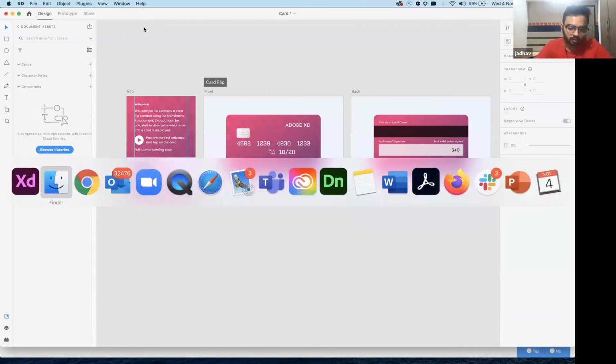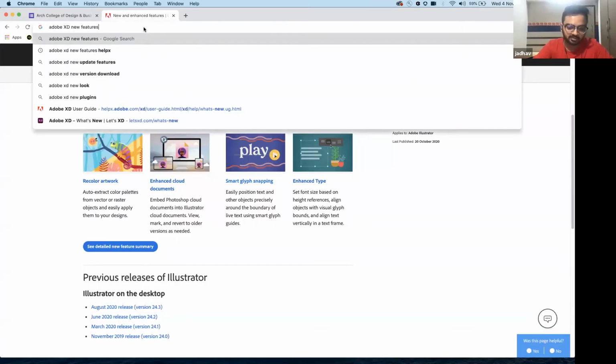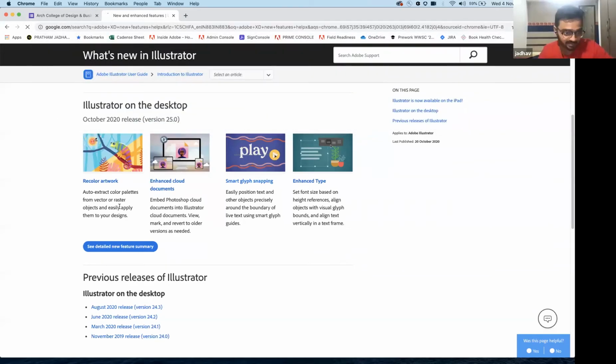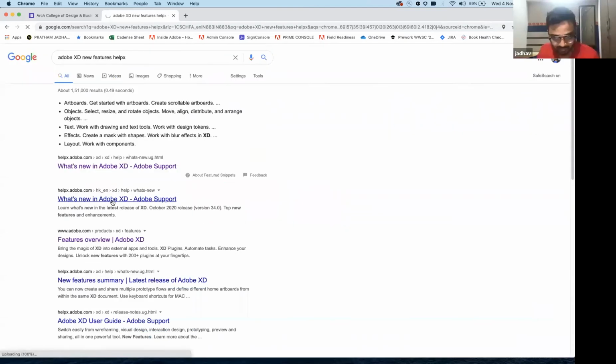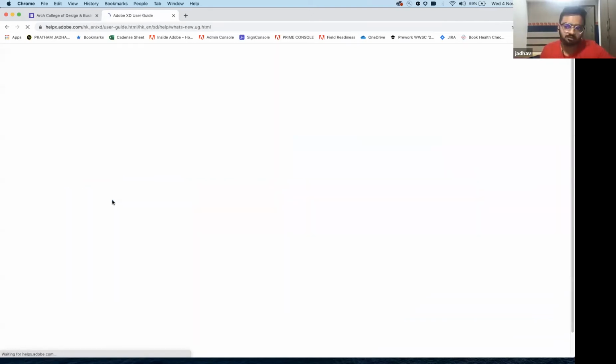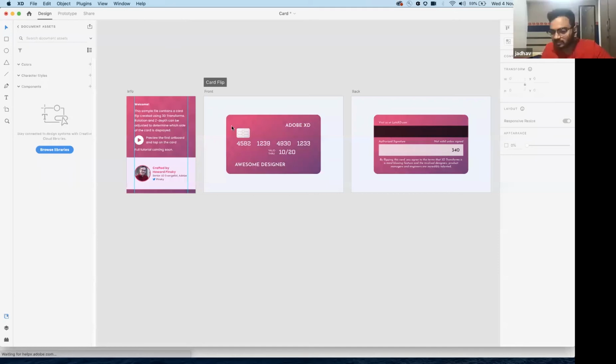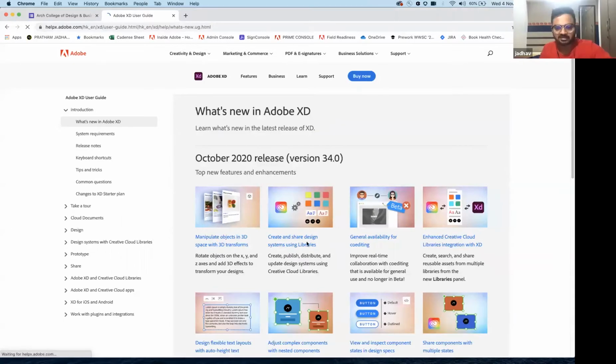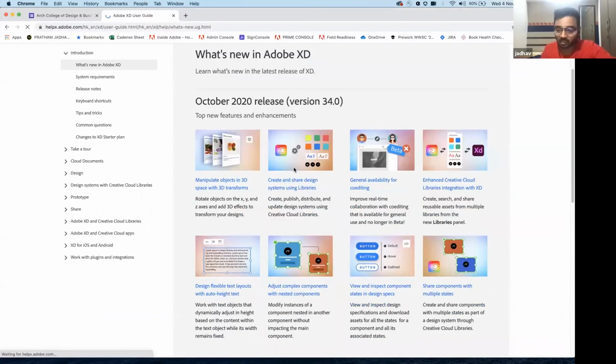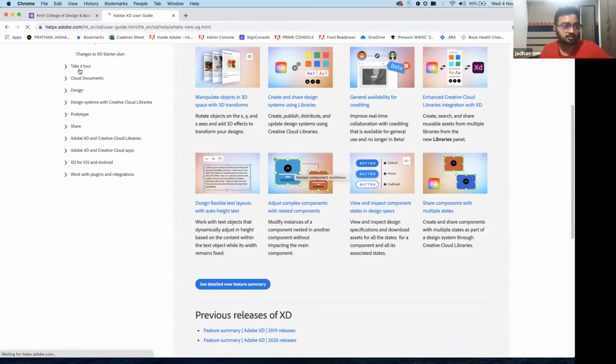If I show you Adobe XD new features, help X, don't forget to type help X. What's new in Adobe XD? Now, I think, okay, so Adobe XD guys are not much in the house, but for people who want to see more things about Adobe XD, go to the Adobe Help X, or you can also go to letsxd.com. It's letsxd.com, LETS, letsxd.com. The other things is that the new features are, so just go through, there are not much people in house, but very quickly I want to jump to Illustrator, Premiere Pro and After Effects. I just got half an hour around so far.